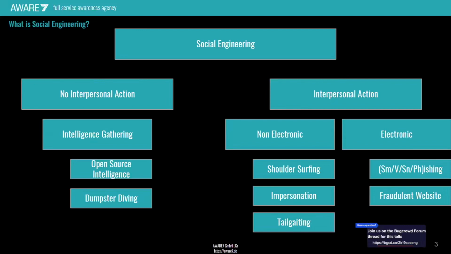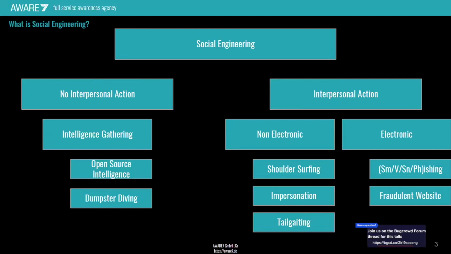So basically, when we do intelligence gathering, this is based on open source intelligence and dumpster diving. The open source intelligence is online, while dumpster diving is mostly offline, where you try to get as much information about your victim as possible by searching through trash, which can be disgusting sometimes, but you will always find some valuable things. For example, USB sticks or shredded documents, not securely shredded documents, documents that aren't shredded at all. So this is always a good idea to gather information if you are on site.